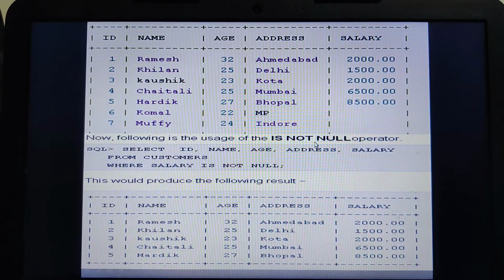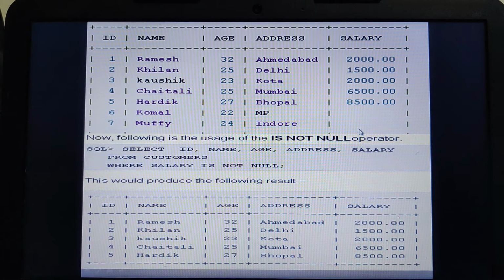Is not null, what is it doing? It is used to compare a value with the null value. Whenever it is a null value, it will check whether it is null; if no, then it will be retrieved. Salary is null, no; salary is null, no; salary is null, no. So these will be retrieved. Here salary is null, yes, then it will discard.